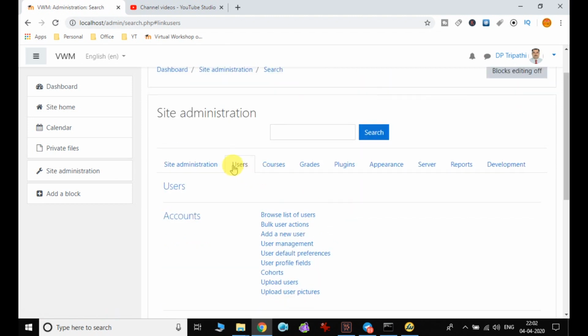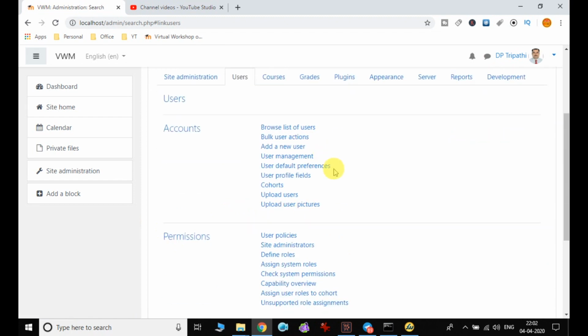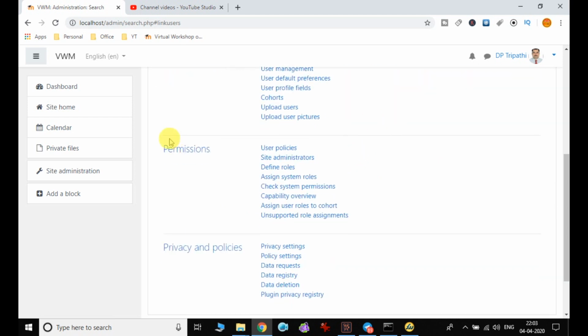So this is about the accounts of different users, and how we manage users: adding, editing, deleting and filtering. I hope I have been able to make you understand how to create a user and how to upload bulk users. We will discuss some other features of users like permissions, privacy and